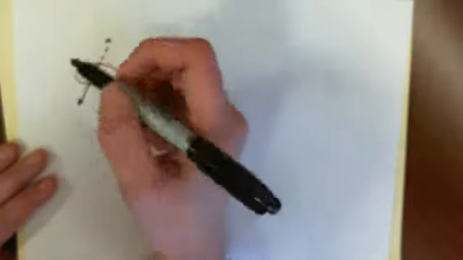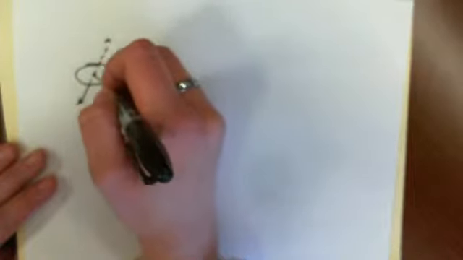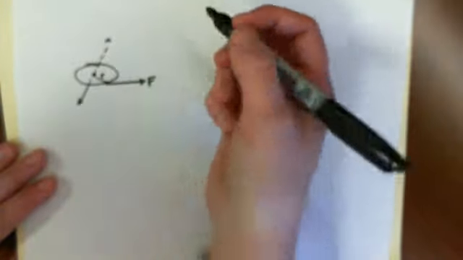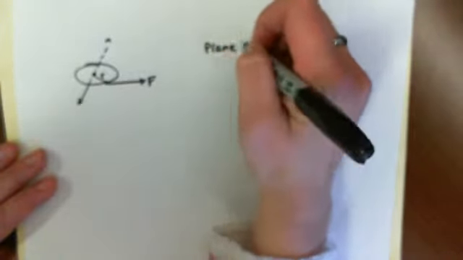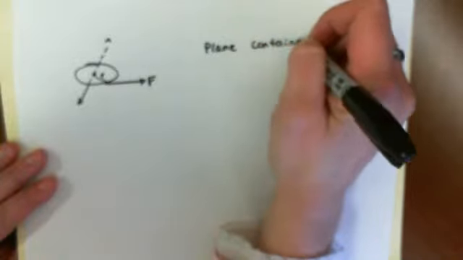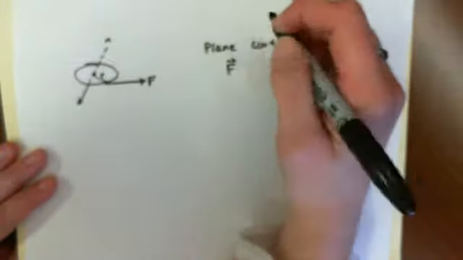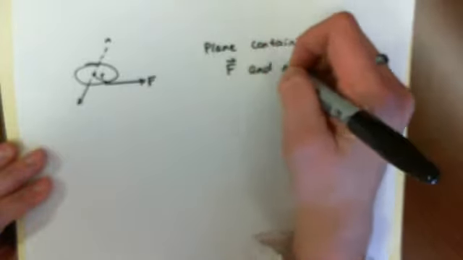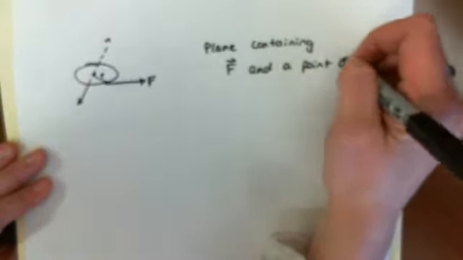So let's just look at that a little bit more closely. Say we have a body, and there's some sort of rotation being created on that body by a force applied at this point. So we have a plane containing our force and a point 0. Well, then we can add